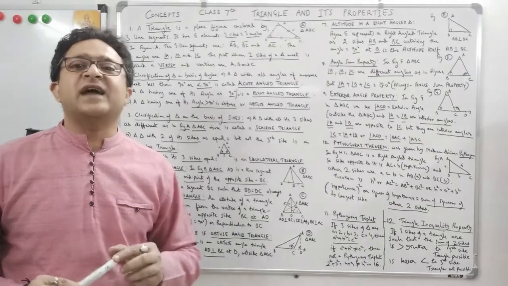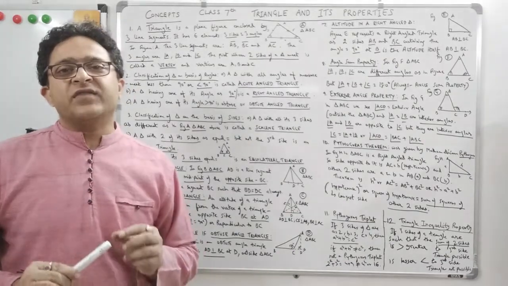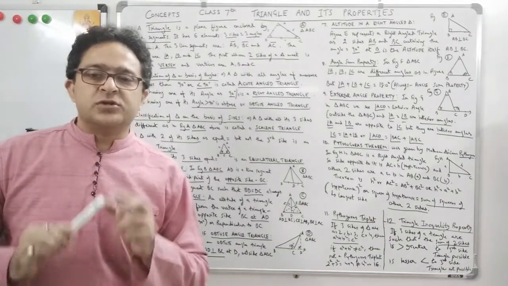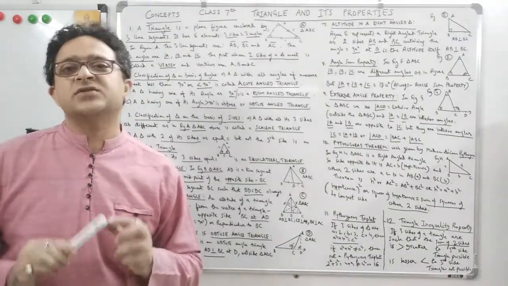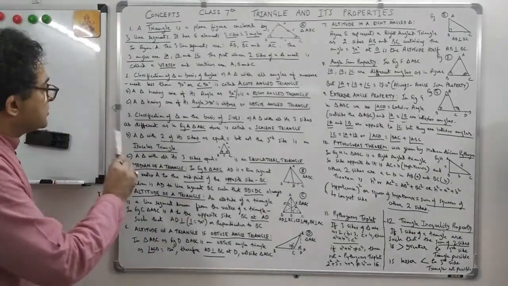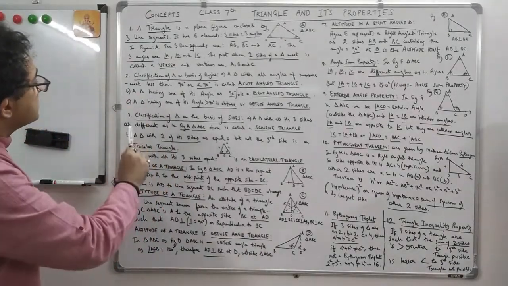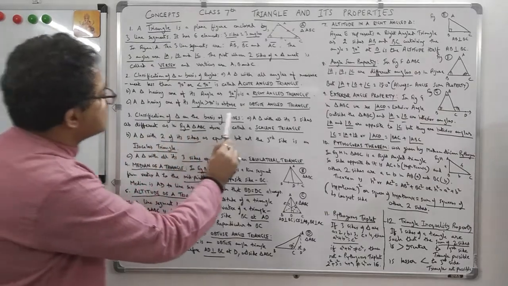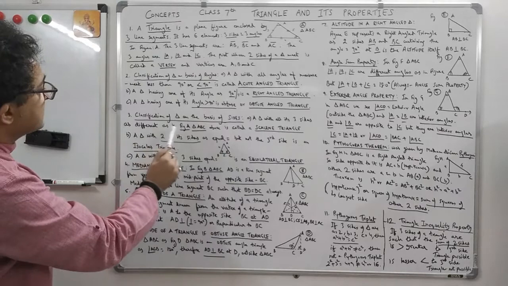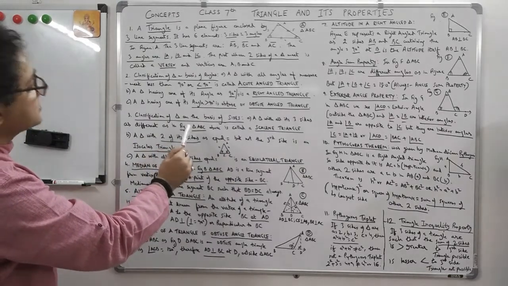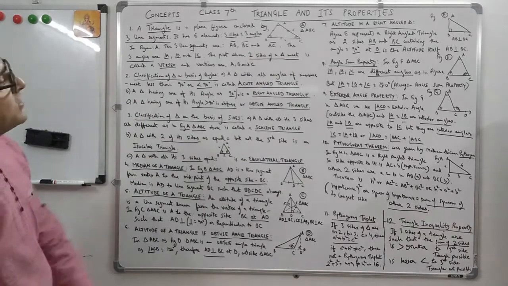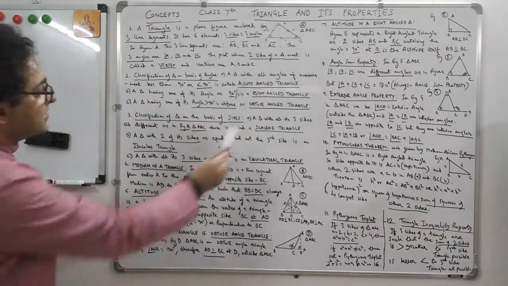Third part is an isosceles triangle wherein two sides out of the three sides are equal. So two sides are equal, but the third side is not equal. So that's what I have explained here. The third part of this is classification of triangle on the basis of sides. A triangle with all its three sides as different, as in figure A in triangle ABC. So you know this triangle ABC which I took in figure A was with all different sides. So this is a scalene triangle.